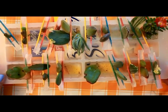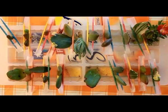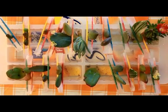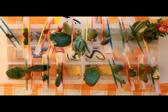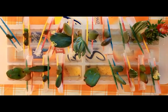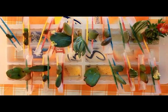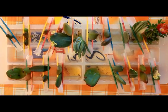Everyone, so here I am today and I am wanting to debunk everything that you've known about propagating succulents on top of soil. They said that this is the fastest way and all that stuff, but I believe that this method that I am showing you right now is the fastest way to propagate. And also it's the least likely method to kill or